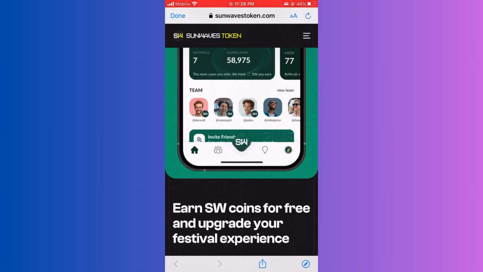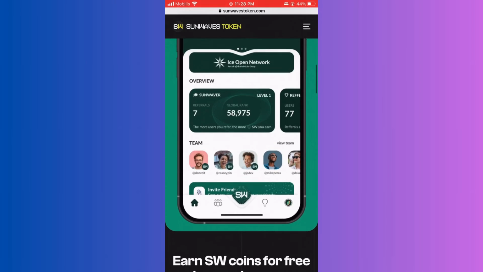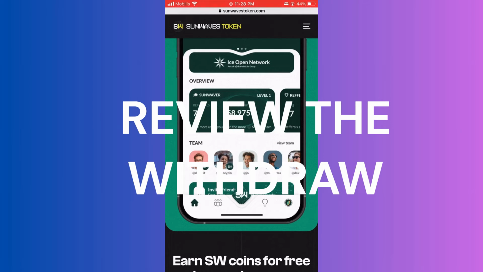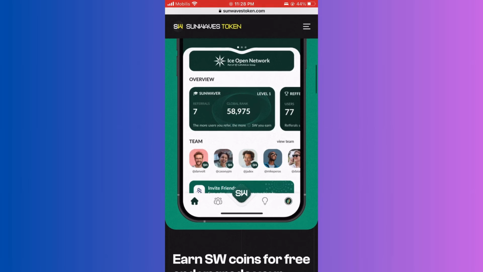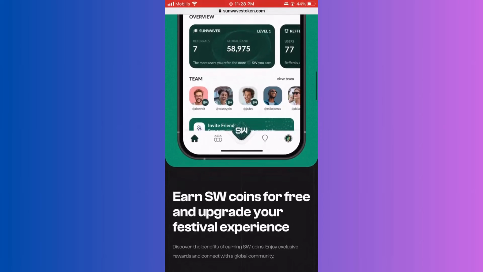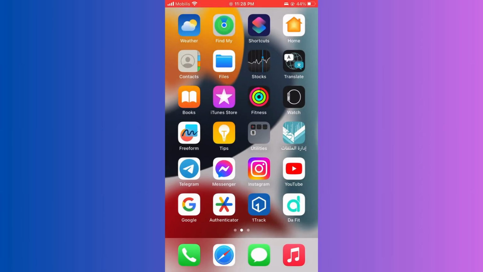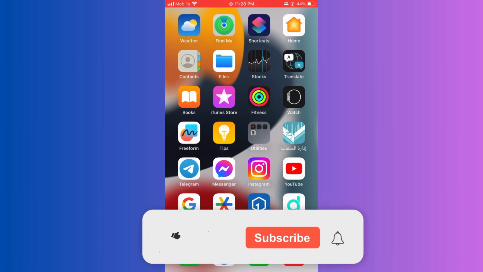Then enter the amount of Sunwaves token you wish to withdraw. Review the details of your withdrawal, along with the transaction fees, and confirm the transaction by clicking confirm, and you may need to enter a verification password depending on your wallet security and settings. After that you can track the status, and this is how you